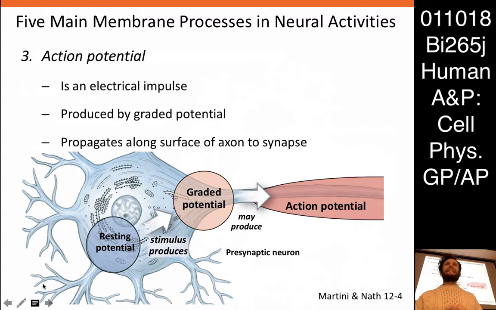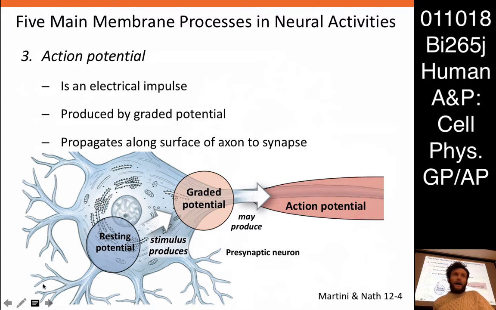It doesn't get less with distance. In fact, there are mechanisms to propagate that perturbation in the membrane potential uniformly down the length of that membrane. All right? It is an electrical impulse. It gets sent down the length of that